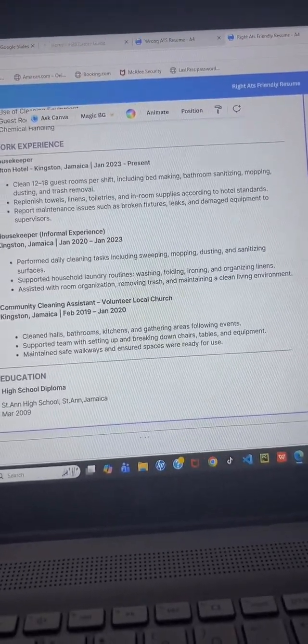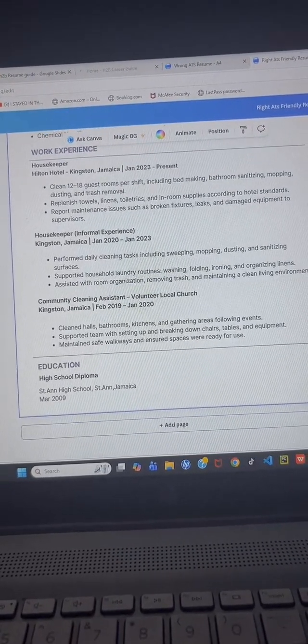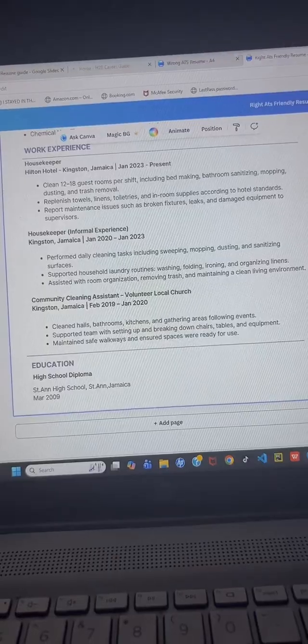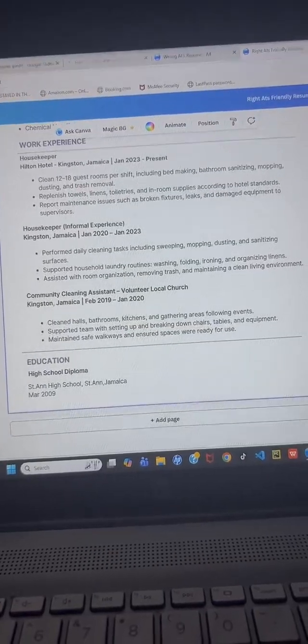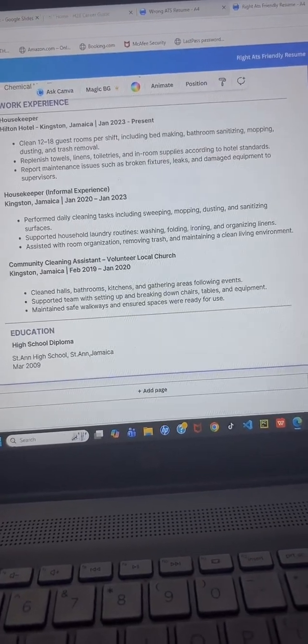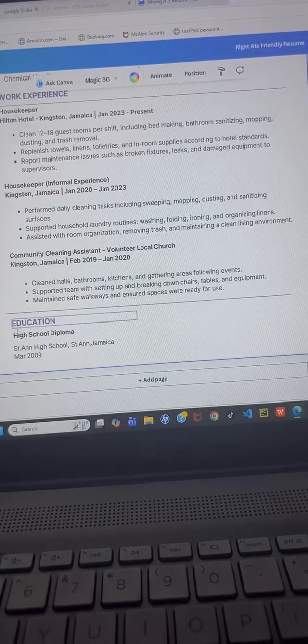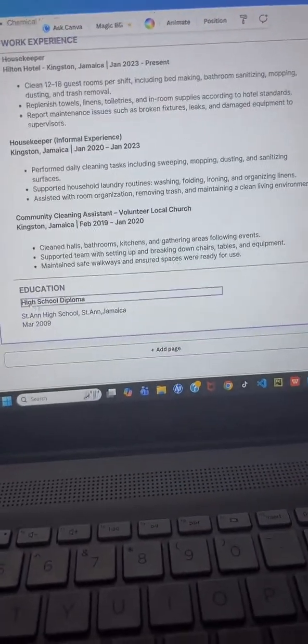What else? Yeah, so for the experience, for a person that doesn't have experience, you can put probably community service experience and so forth. For the education section, ensure that you're putting